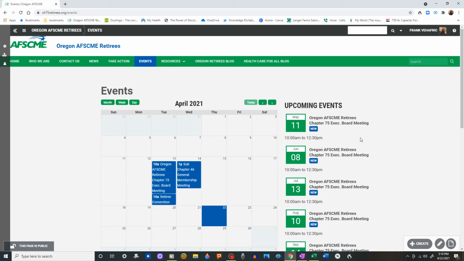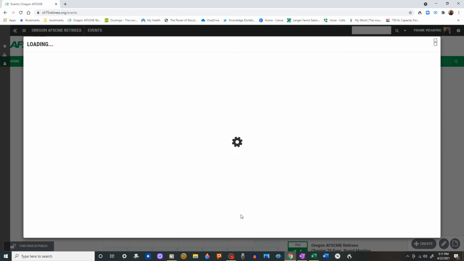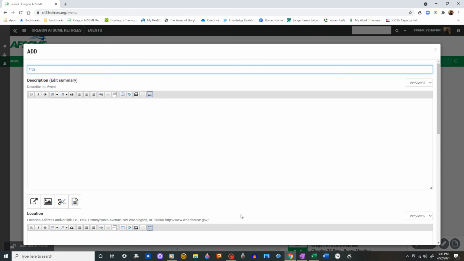As you can see, all the upcoming events are listed to the right, and they are listed in the order of the most upcoming event to the more distant events in time. I'm going to create an event for tomorrow so that we can see it appear on this list after it's created. In order to do that, I will go to the 23rd on the calendar and I will open that,